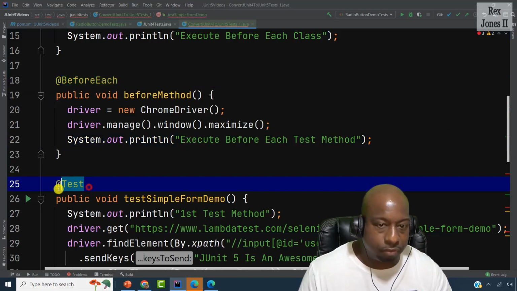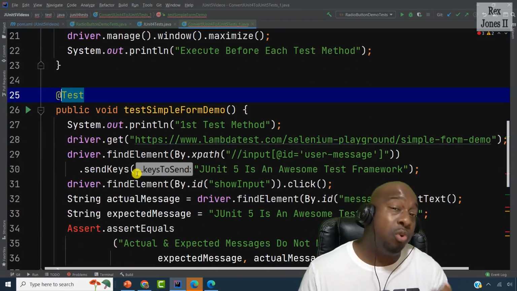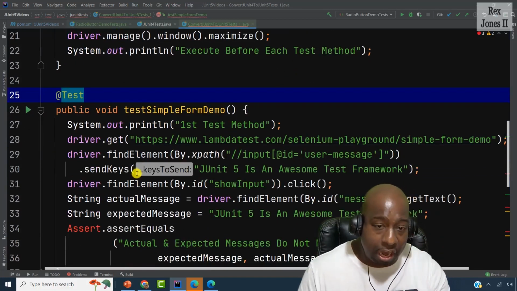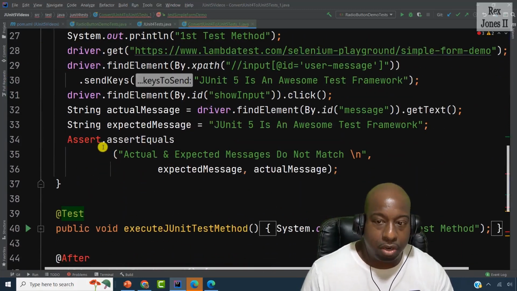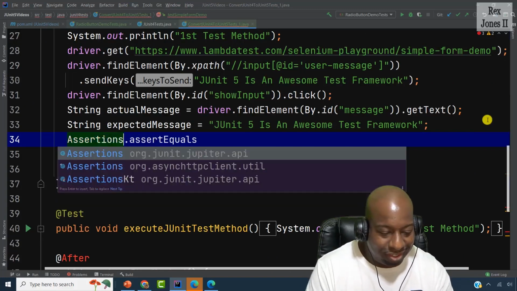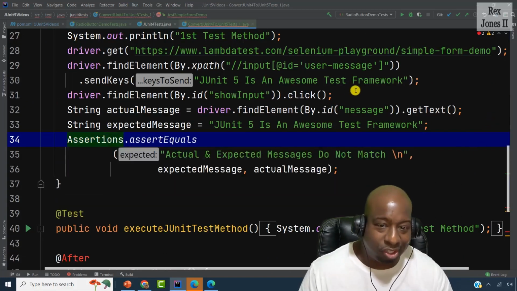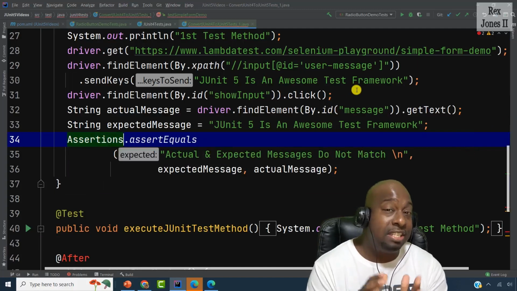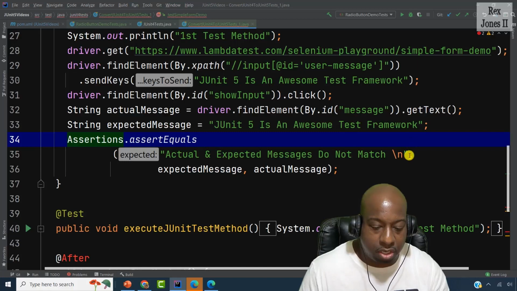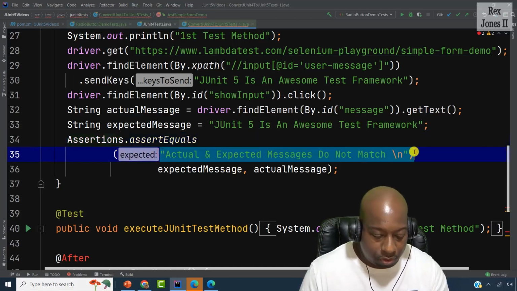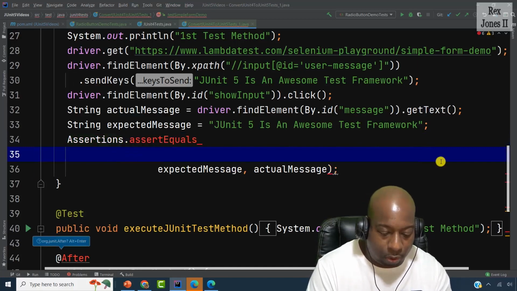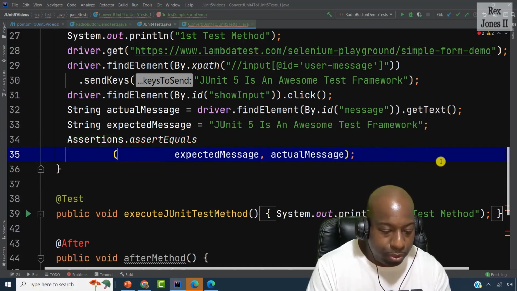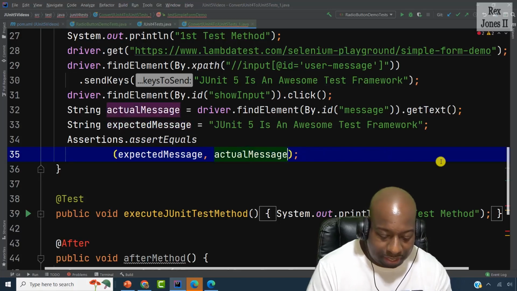Our test annotation remains the same. There is no update to the test annotation. However, the verification will change from assert to assertions. Recall the syntax is different from JUnit 4 and JUnit 5. We're going to swap the message. So it's not going to be the first parameter for JUnit 5. It's going to be the last parameter. Therefore, let's put the message at